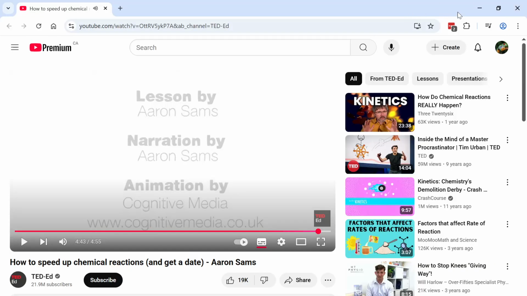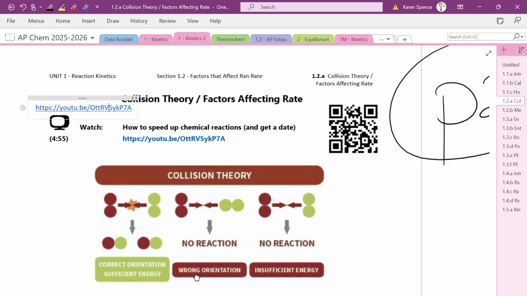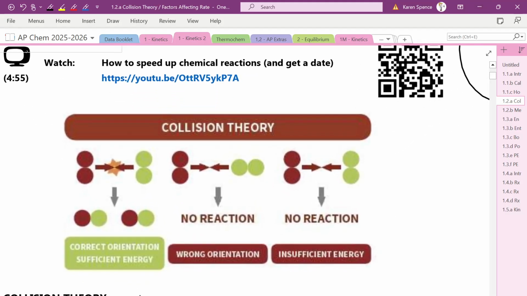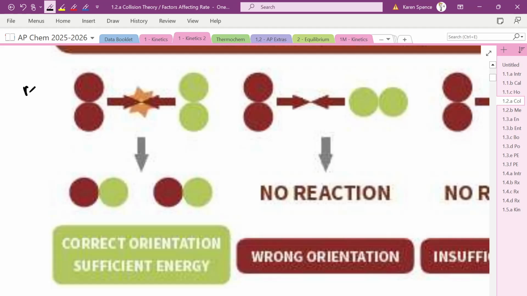Okay, so having seen that, you now know everything there is to know about section 1.2. We're going to delve into more depth, but if you remember that, you have remembered 5/6 of what this section is about. So first of all, on page 29, you can see that we have our reactants